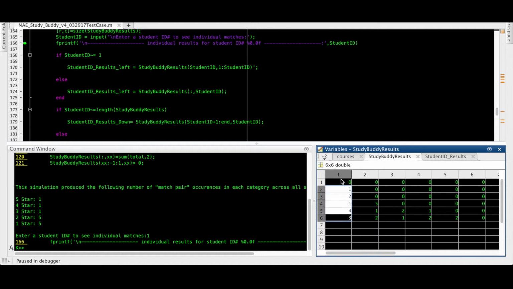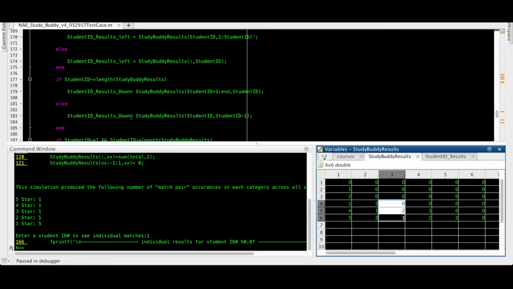So when student number 1 and only number 1 is selected, all of these variables are going to be put into their own variable. If student number 3 were selected, everything to the left going by row up until 3 would be stored in the student ID results left, and everything below would be stored in the student ID results down.